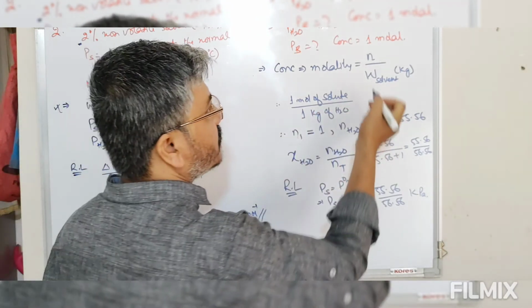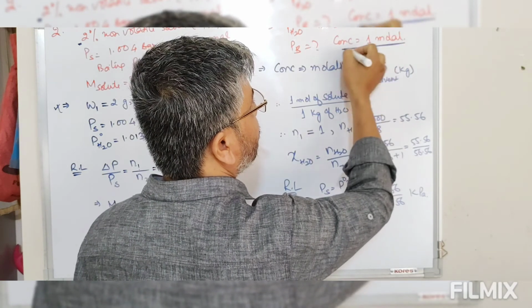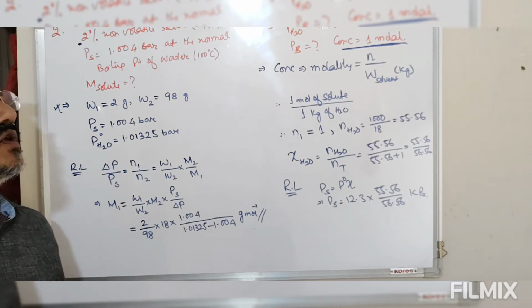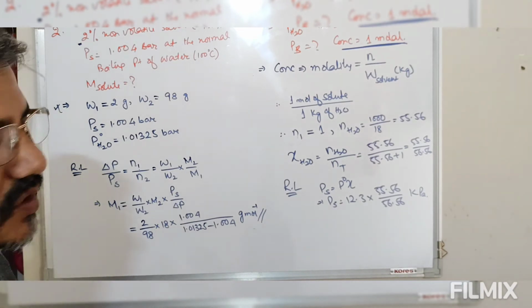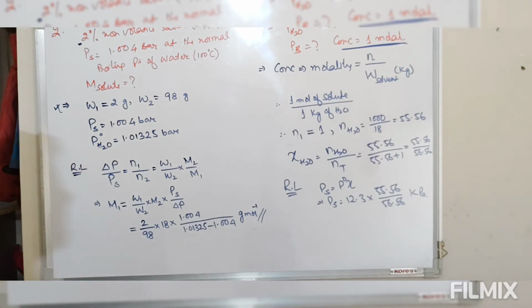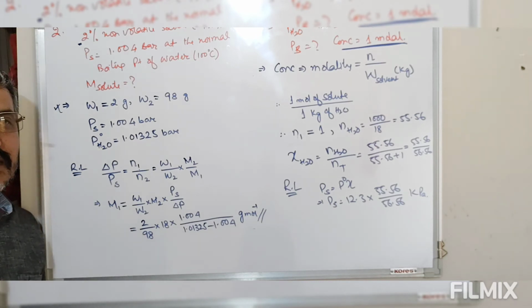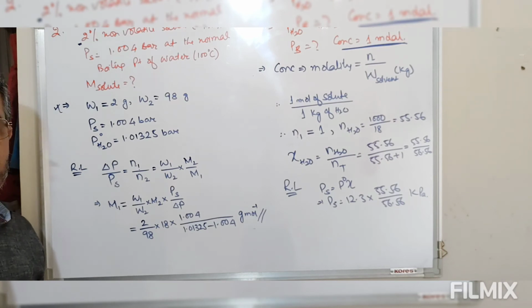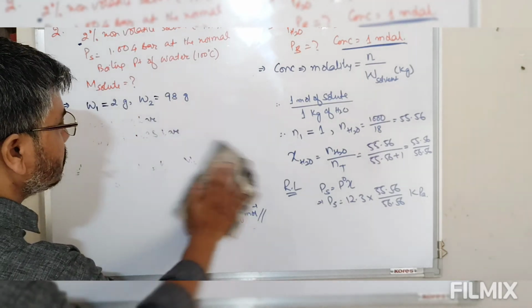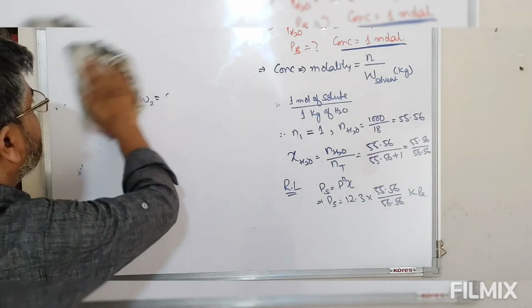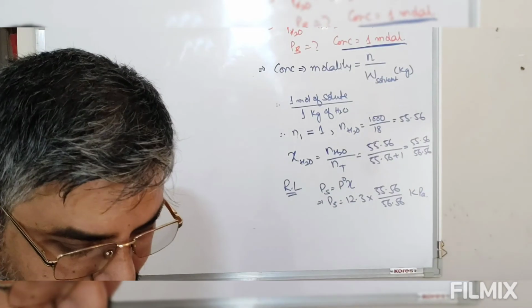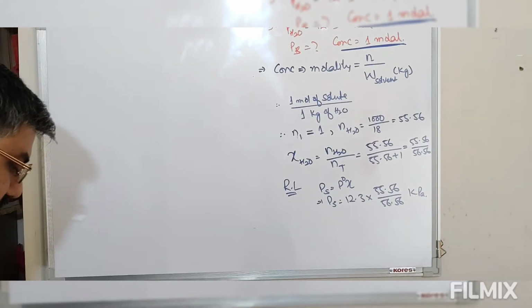So why am I giving this question? Because we have to use the condition of this concentration being 1 molar. Concentration being 1 molar means 1 mole of solute is present in 1 kilogram of solvent, and the solvent is water. From this we find the number of moles of solute and solvent. Once we define these, we can easily define the mole fraction of the components in this solution. So this is another question. Let me take some more questions.